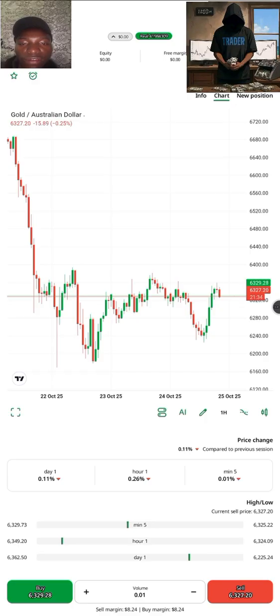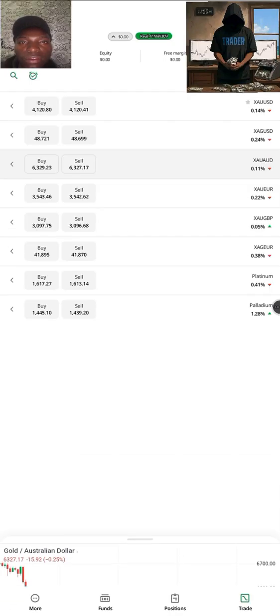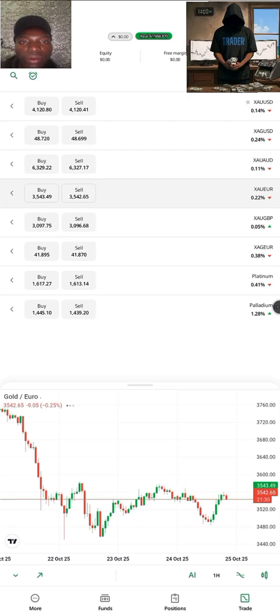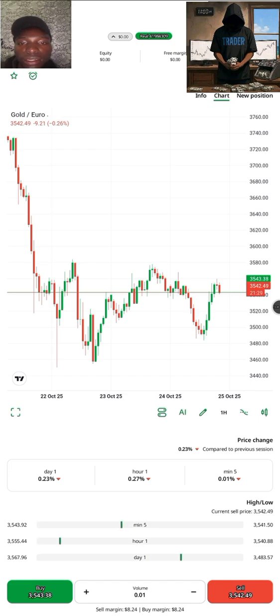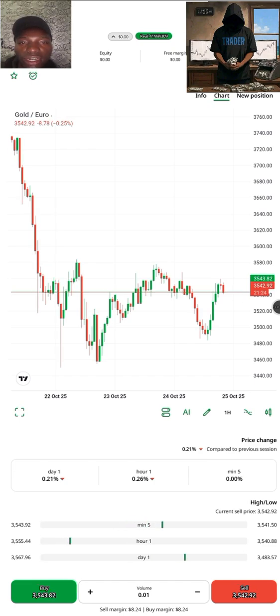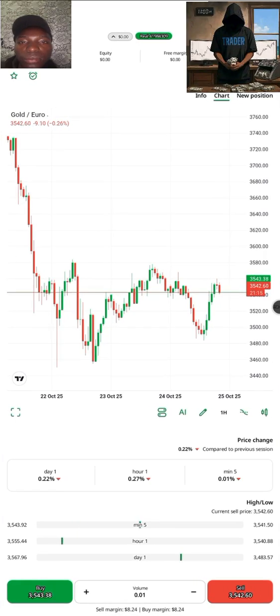No difference between gold and Europe, Australia in US dollars. No changes. But if you look very well, they are somehow similar, because now it's gold, and in Europe it is 8.24,